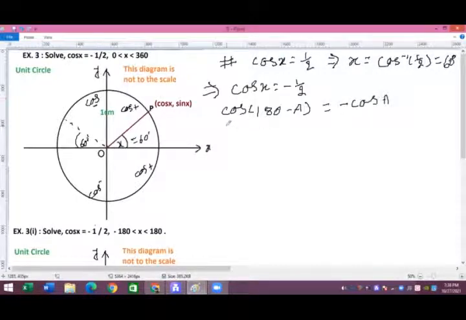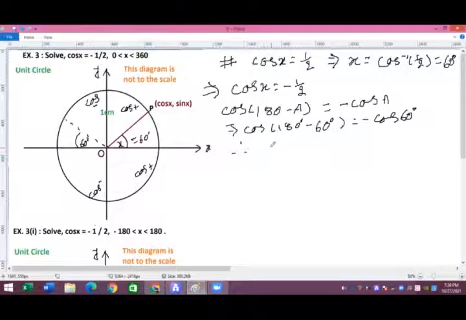Alright, that means cos of 180 degrees minus a, where a is the principal value, so we can keep this as 60 degrees, is minus cos 60 degrees. They must be equal, otherwise you can go to the calculator and check this. Check it out. Yeah, and then